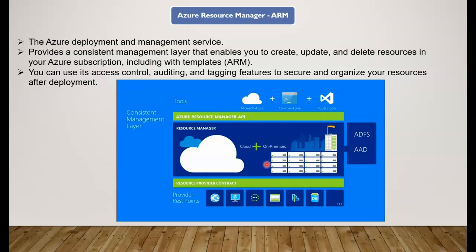Now another cool thing on the management side: when we deploy with the Azure Resource Manager, we can also define how access control, auditing and tagging of our resources should be done, so that it enables us to secure and organize our resources